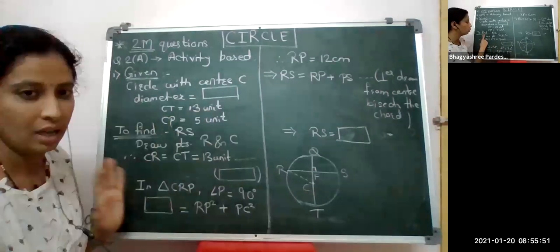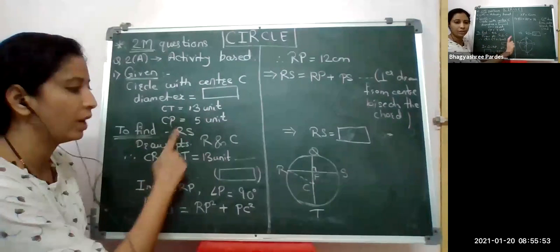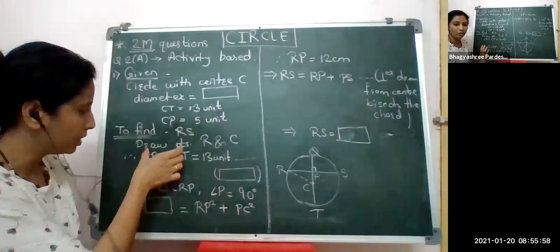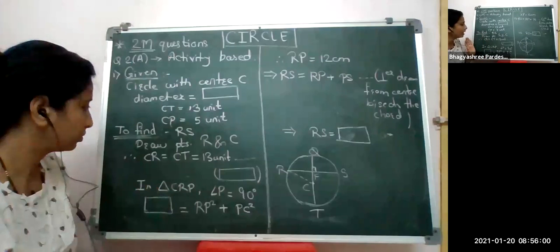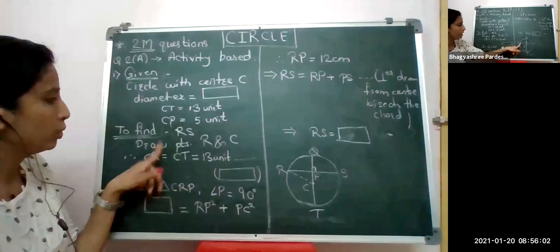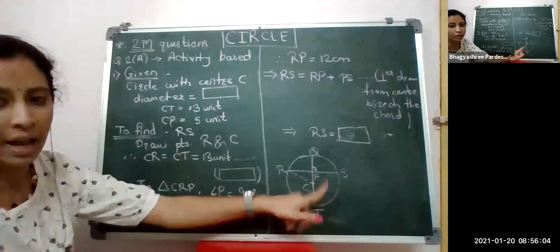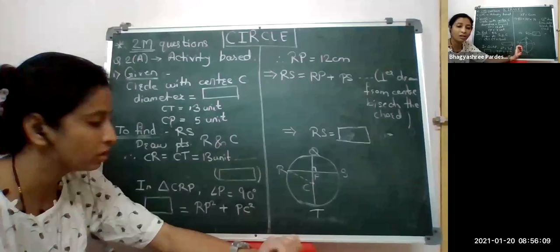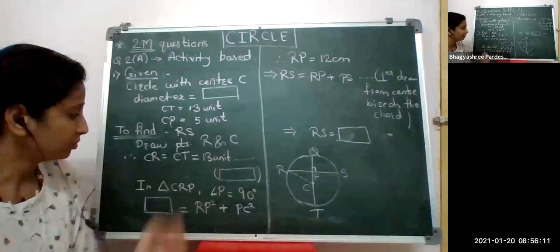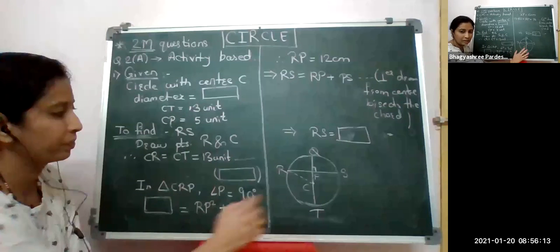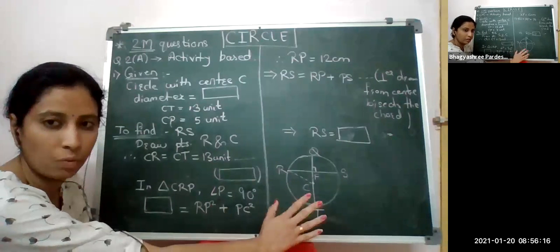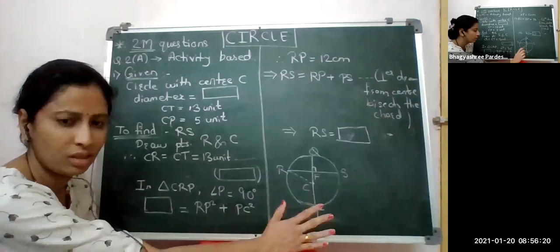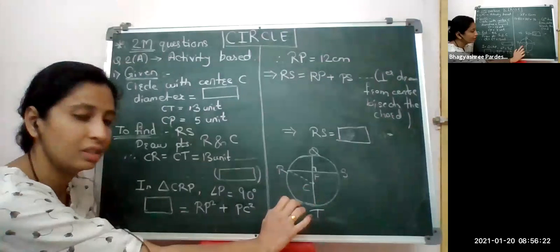So given is here. Then what we have to find is also given in the question, and that is written here. Then the main solution starts. We have joined point R and C. Why have we joined these? Because we get a triangle here. Students, we have learned this type of question in the last lecture and in earlier lectures also, so it is just a revision. Same types of questions are there.